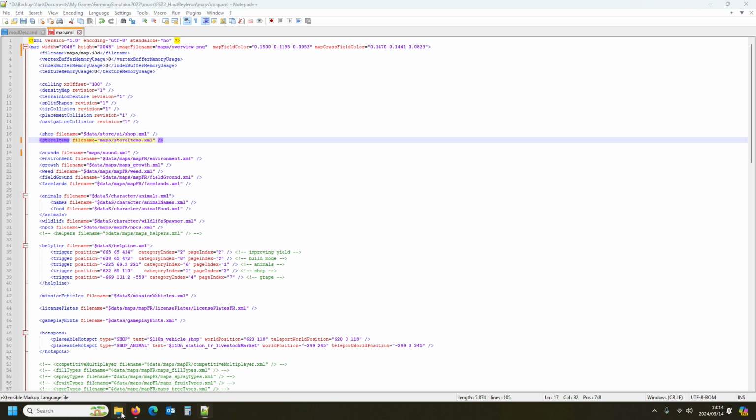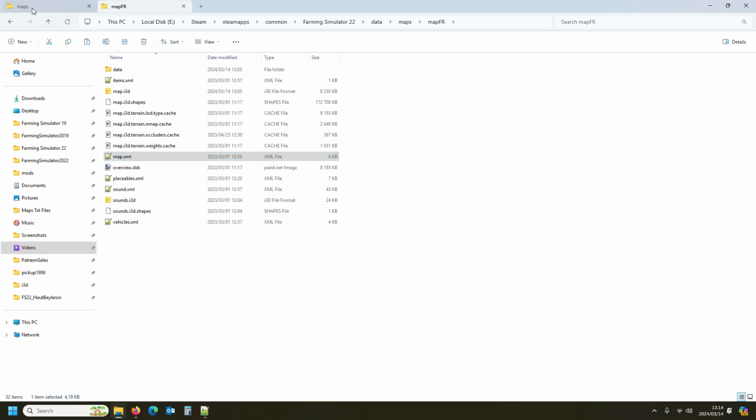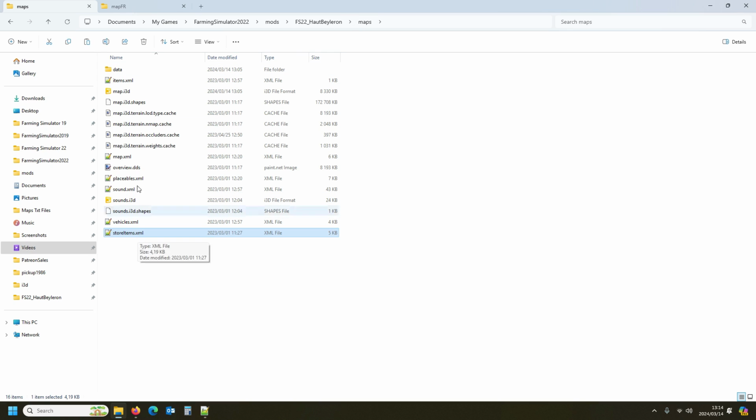All right, so now let's just go in here to store items, copy that. Right, Control C, come back to our folder here, Control V, so it will be maps and then store items.xml. Right, the other thing was, I just want to quickly think,